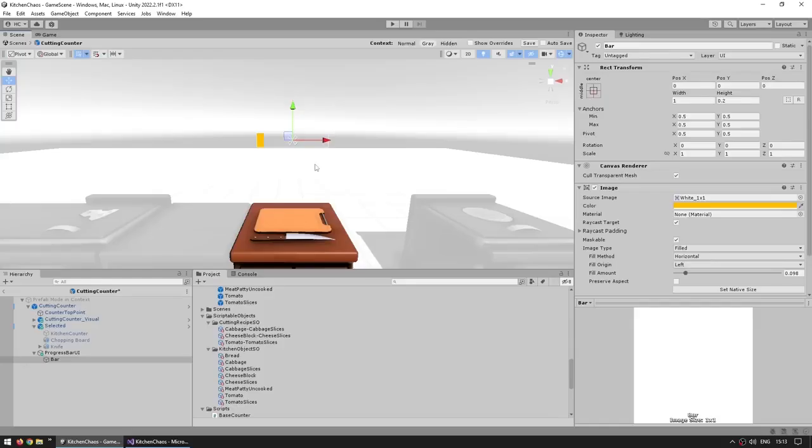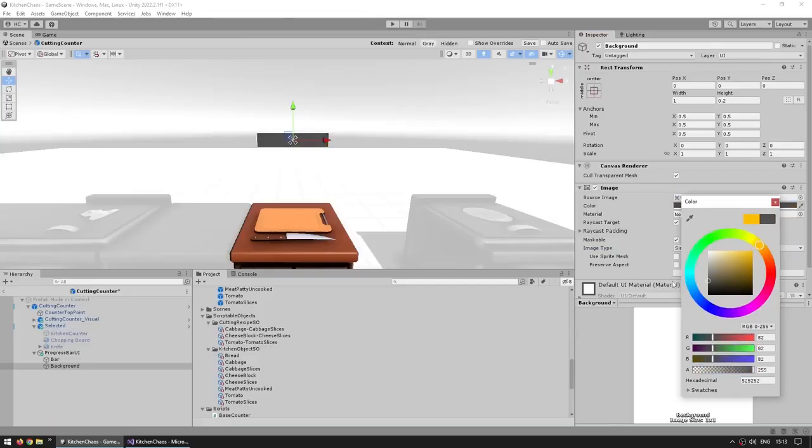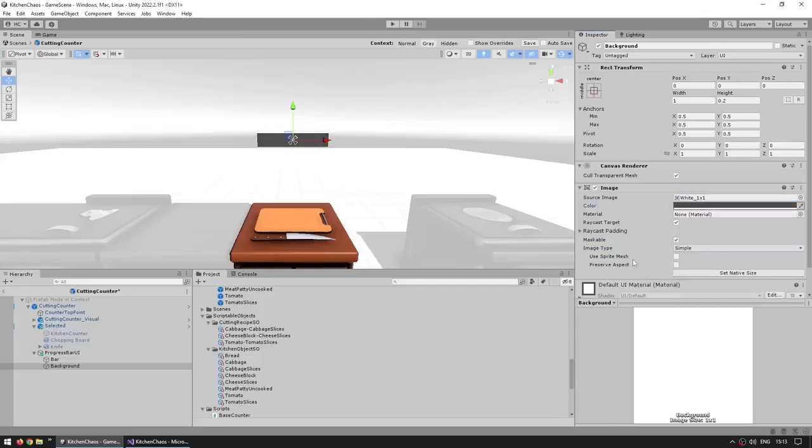We can really just add some kind of background. So let's duplicate the bar. Let's name this one the background. For this one, for the image type, we don't want anything, so let's leave it on simple. And for the color, let's put it on kind of a dark gray. Okay, great. And now here's one very, very important thing, over here on the hierarchy, let's click and drag